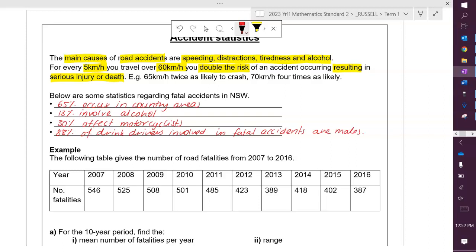So some shocking statistics there that we need to think about when we're driving and